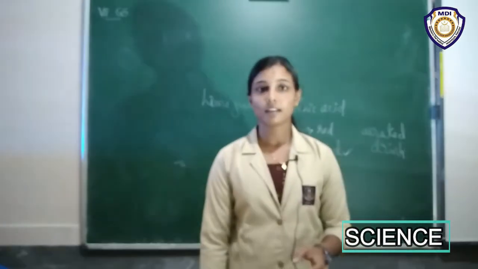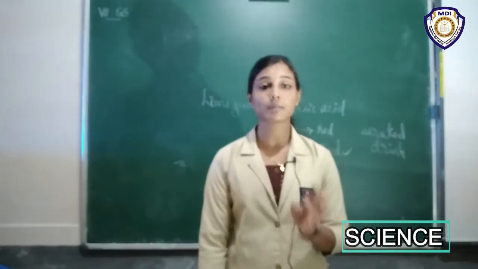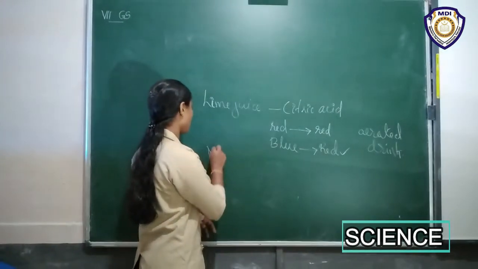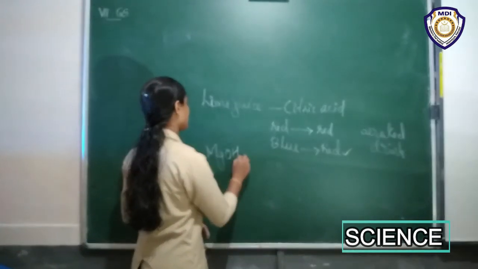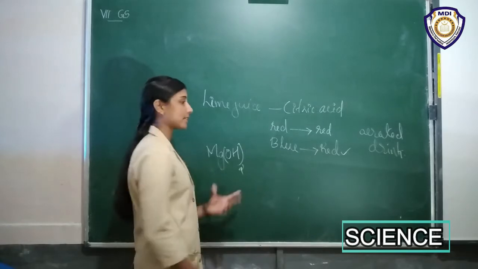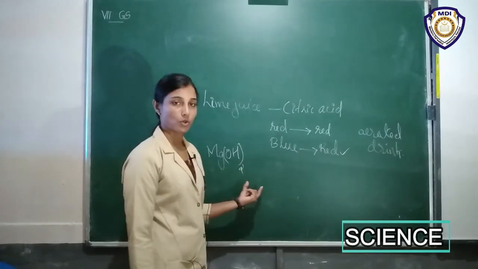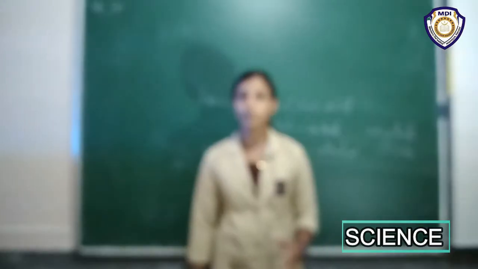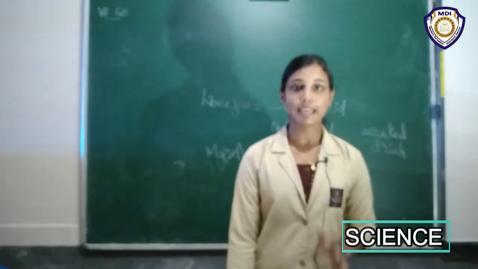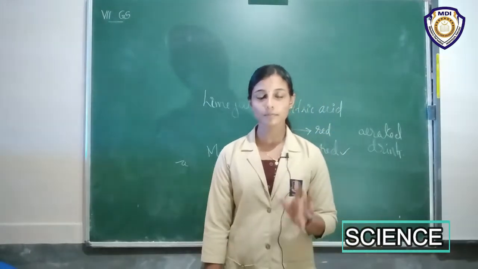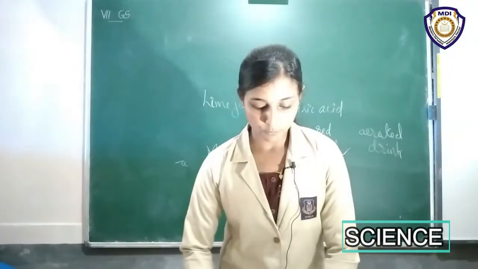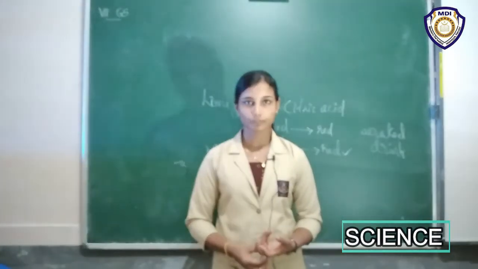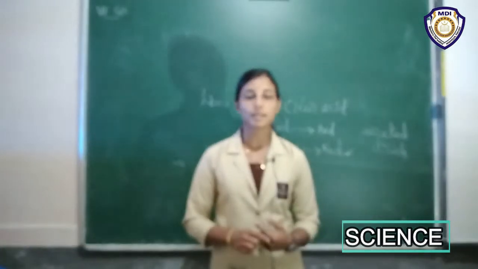So what will be the nature of milk of magnesia? Milk of magnesia contains magnesium hydroxide. The chemical formula of magnesium hydroxide is Mg(OH)2. അപ്പോൾ Mg(OH)2ന്റെ സൊല്യൂഷനാണ് നമ്മൾ മിൽക്ക് ഓഫ് മാഗ്നീഷ്യ എന്ന് പറയാം. So it is basic in nature. Milk of magnesia is basic in nature. And washing soda is also basic in nature.